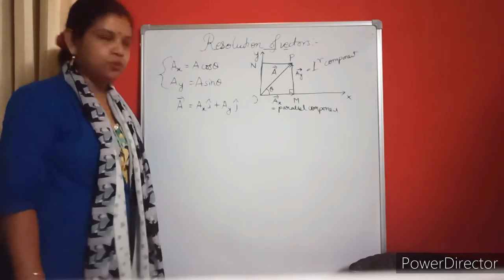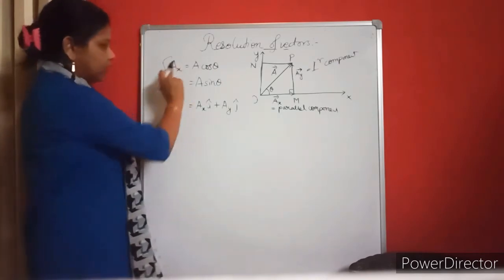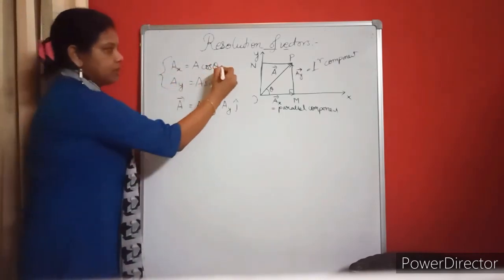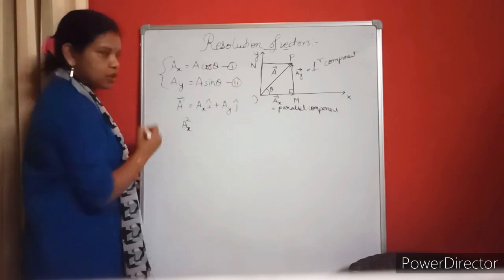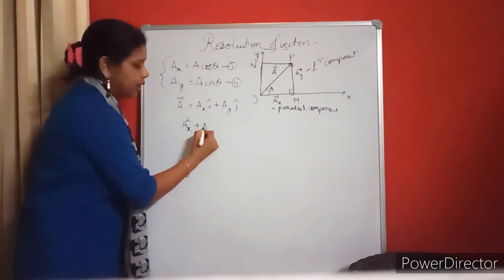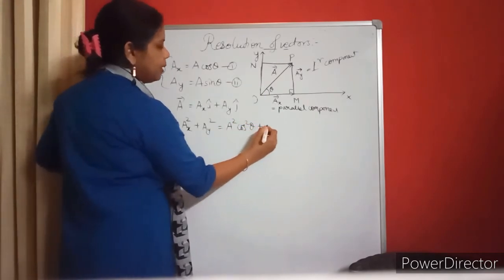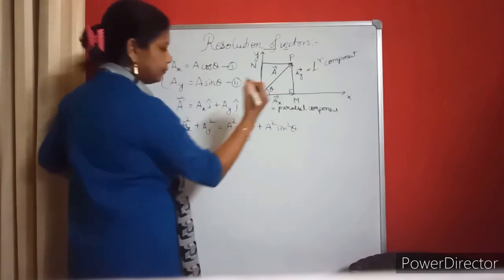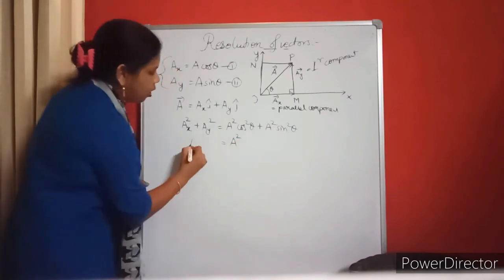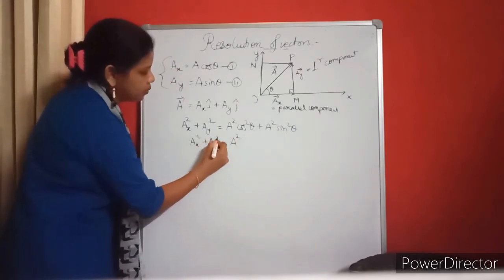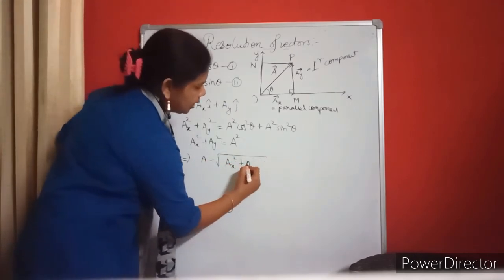Now see, this is a vector. Can I calculate the magnitude of A? No, I cannot use magnitude here. So what I have to do? Square these two vectors and add. This is my equation 1, this is my equation 2. If I square it, what will happen? A square, AX square, then I will add AY square. So the other part will be equal to A square cos square theta plus A square sin square theta. So I can write A square is common, then sin square theta plus cos square theta, so it will become A square, or I can write AX square plus AY square, or my vector A magnitude will be root over AX square plus AY square.